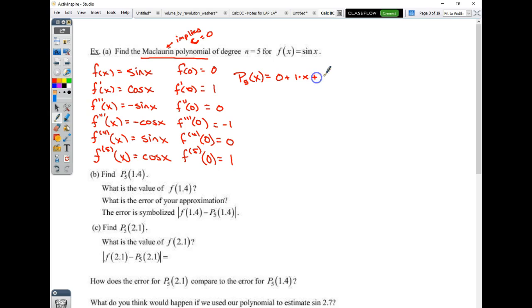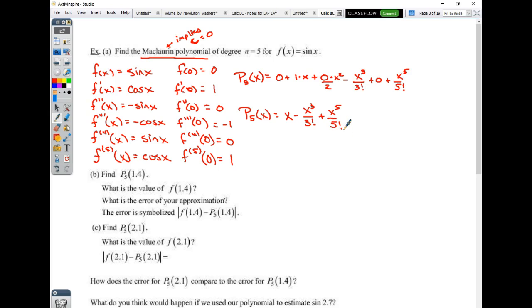Plus 0 times x squared over 2 minus x cubed over 3 factorial plus 0 plus x to the fifth over 5 factorial. I actually cheated and forgot to write the x to the fourth over 4 factorial. I apologize. Or, rewritten a slightly different way, x minus x to the third over 3 factorial plus x to the fifth over 5 factorial,